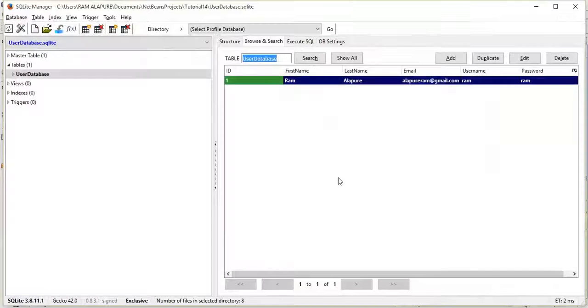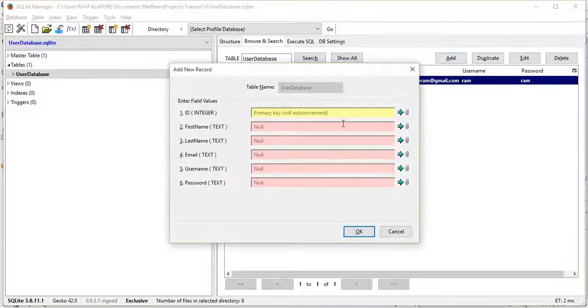Now I'm going to create one more user. So to create one more user, I'm going to add another username, say Tom Michael, say xyz@gmail.com, then username Tom and password also Tom.